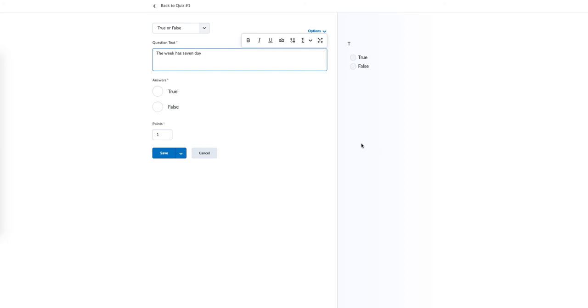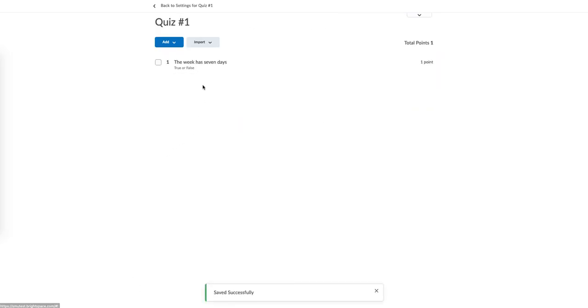So we're going to enter the question text here. So the week has 7 days. The answers, you're going to select the answer, so that's true. And then you can specify the points on here. Now if you hit the Save button, it's going to go right back to that quiz creation area. So you can see that we have our question here now,